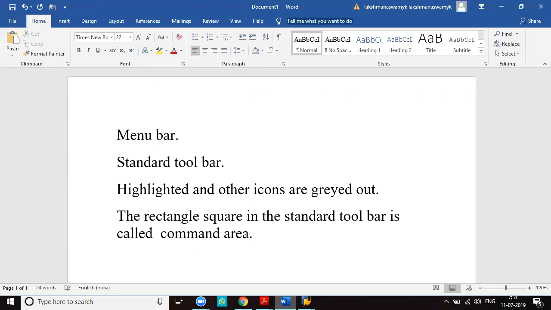The command area is used to enter the transaction code, within brackets, T code.